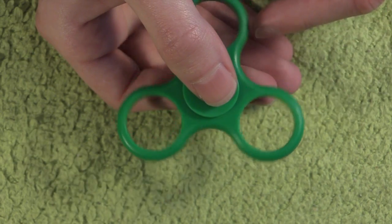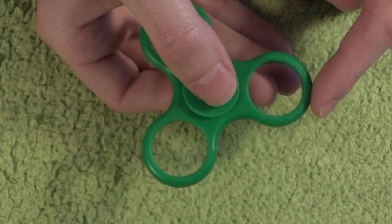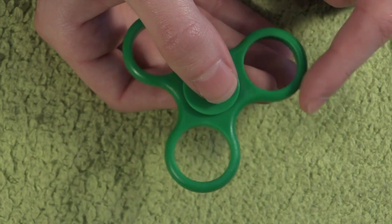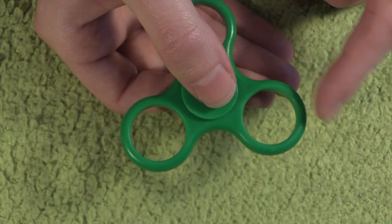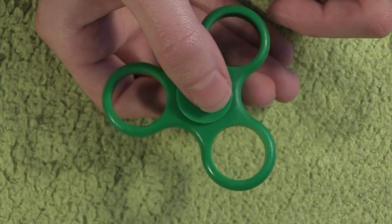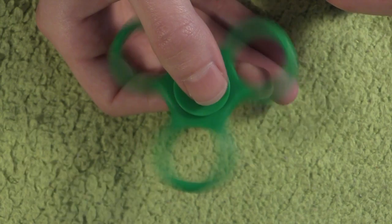And this fidget spinner I actually used in the abandoned house I was talking about. I found a cute little ghost of a little kitty in that house, and it first spooked me and moved stuff around,